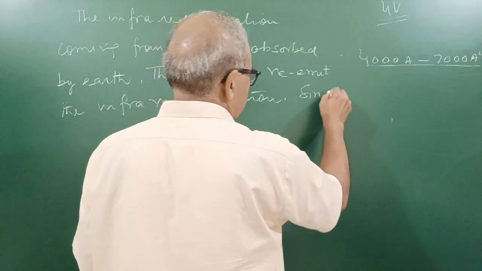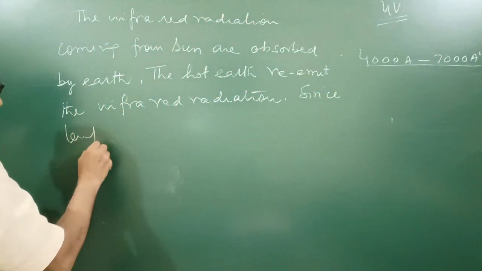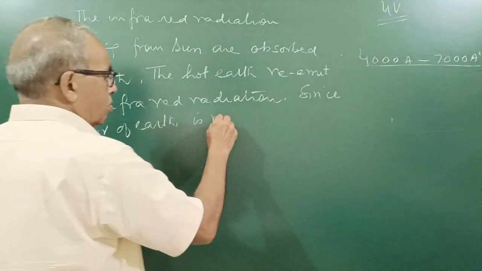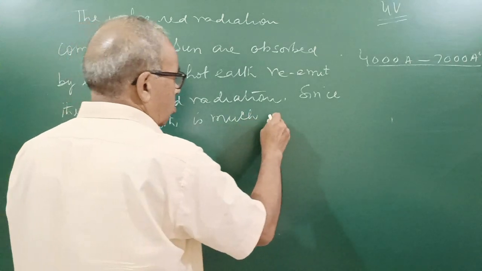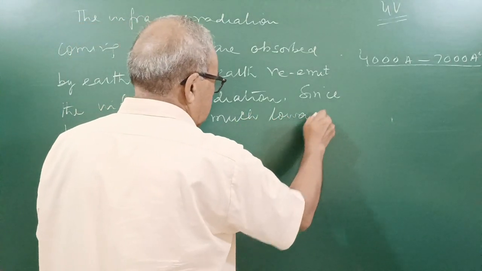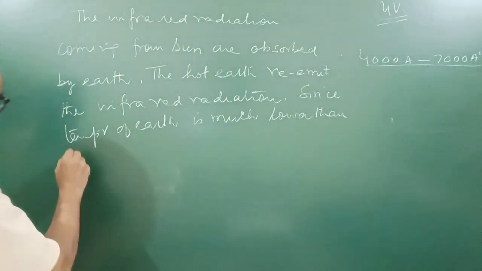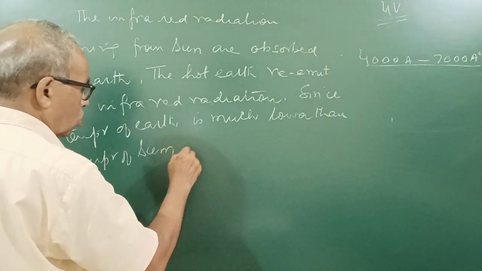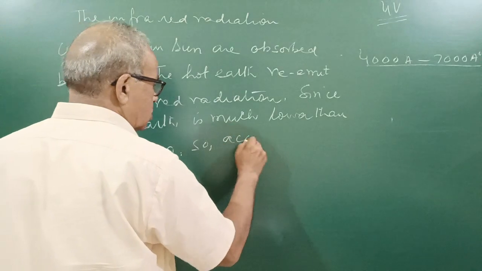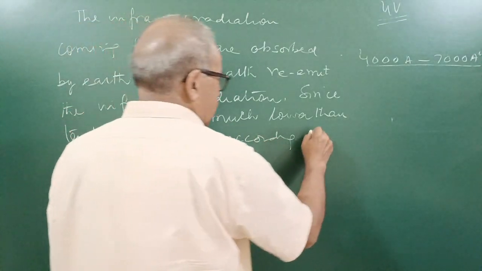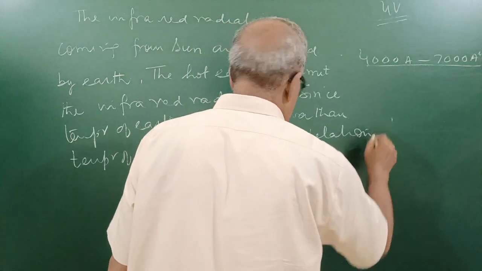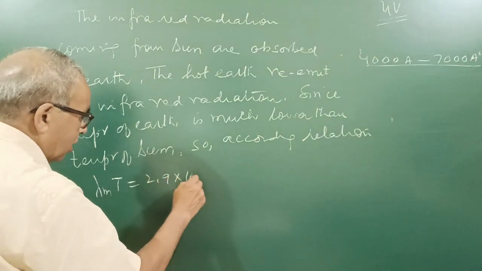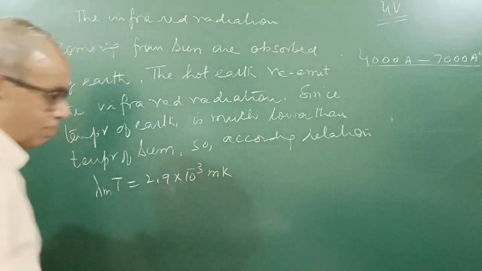Since the temperature of the Earth is much lower than the temperature of the Sun, according to the relation lambda m into T equals 2.9 into 10 to the power minus 3 meter Kelvin,